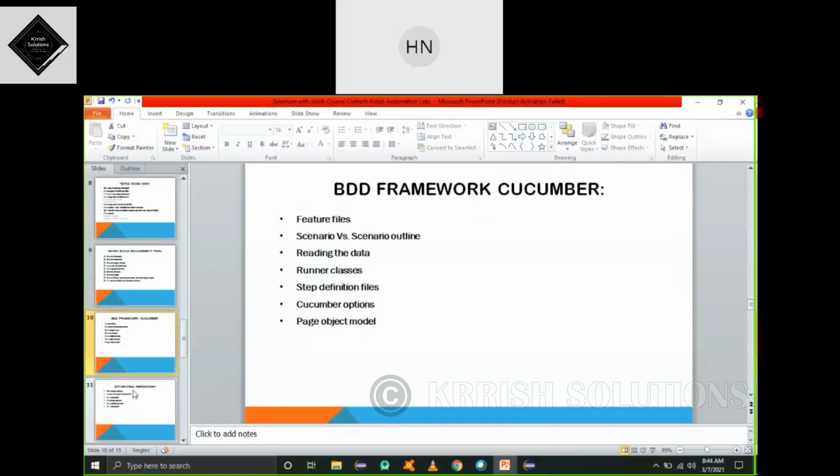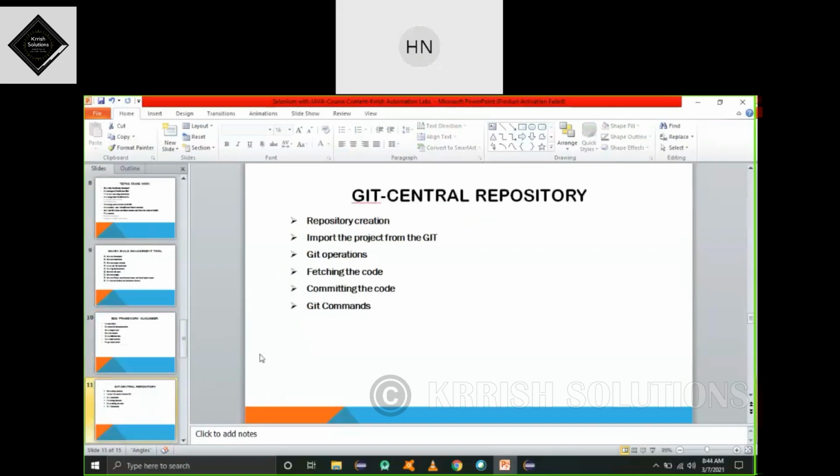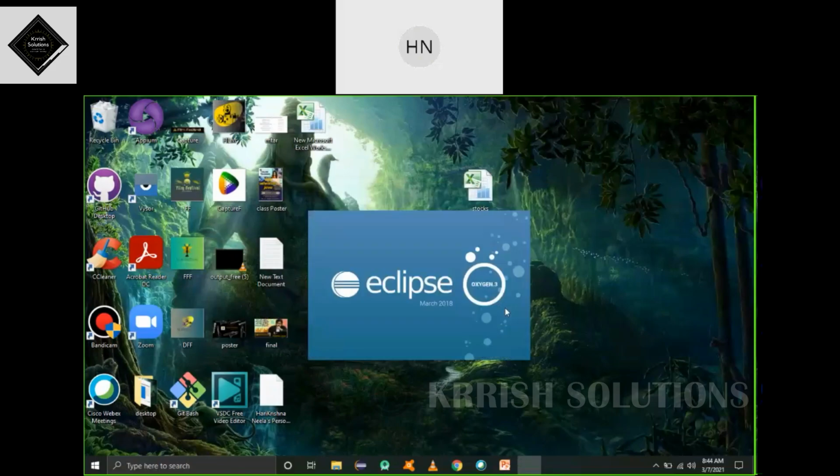So the next tool is CI/CD or Git. Yeah, Git. What is the purpose of Git here? Git is a centralized repository where you can store all your code. Consider our example, whatever we are discussing. We have 10 automation testers. Everybody is developing code and storing it in different locations. Everybody develops two files, and after 6 months it is 120 files. 120 files for 10 people, so in total you will get 1200 files.